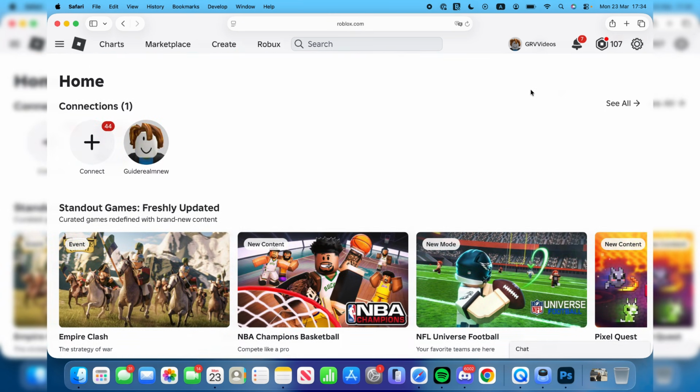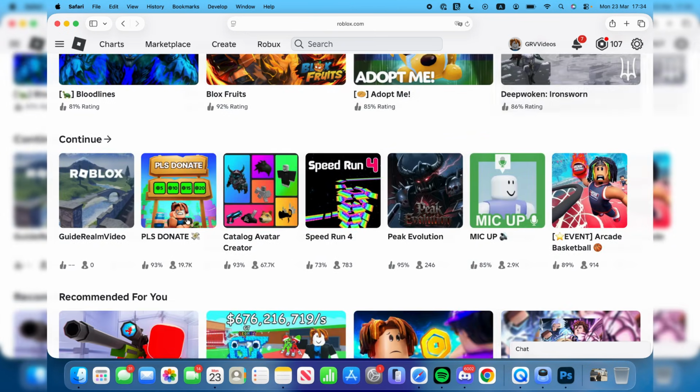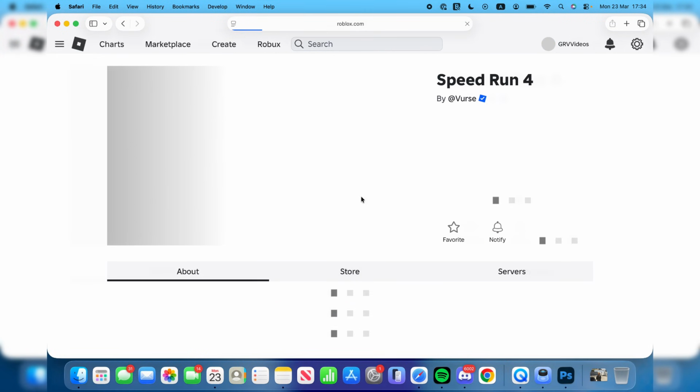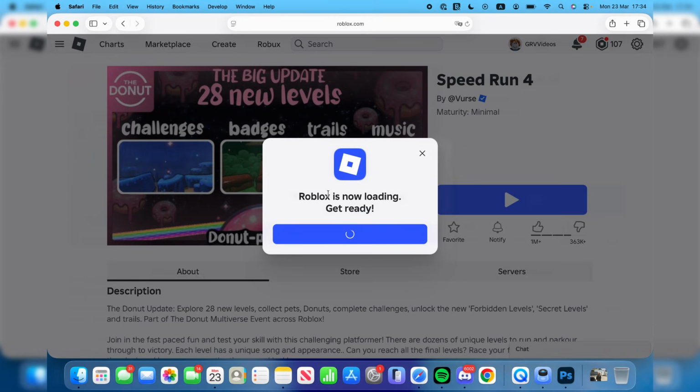But in order to download it, we need to find a game that you want to play. Just scroll down here, and we can actually come into continue. These are games I commonly play as I've used this account on other devices. So when you find a game you want to play, click on it. Now wait for it to load. To trigger the download, we actually need to click on the play button. So you can click play over to the right here, and it'll say Roblox is loading,